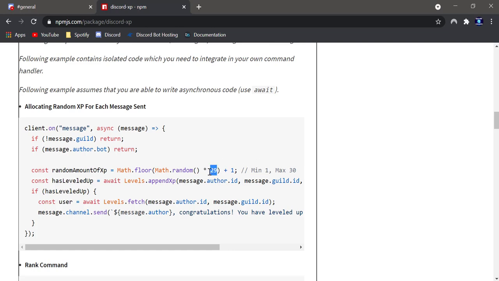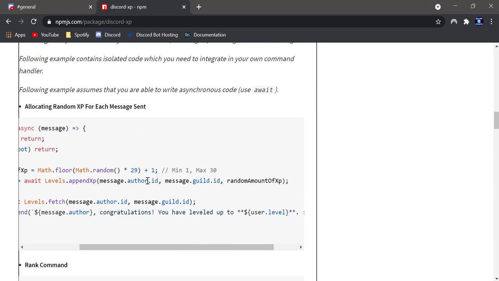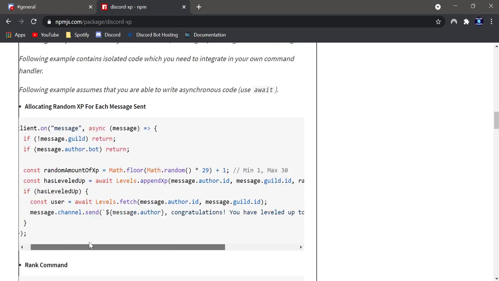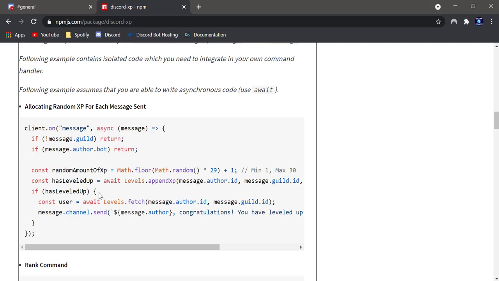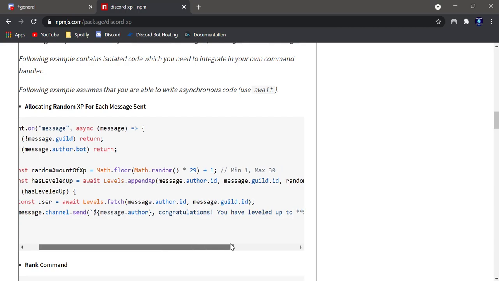As you can see here it is from 1 to 29, and then plus 1, so the max will be 30 and the minimum is 1. And here it would append the XP to that author ID and that guild ID, and this one will be taken from this one. And if the user has leveled up, it will send that congratulations, you have leveled up to